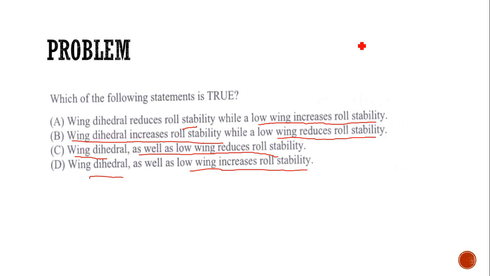So there are two types of wings. One is a low wing, and another one is a dihedral wing. I will explain the concept once again. If an aircraft has a low wing,